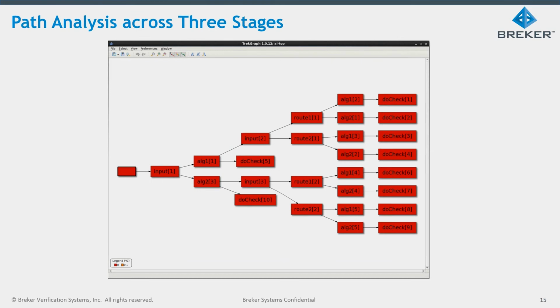Finally, from there, we want to start talking about coverage analysis and closure, right? So one thing that these planning algorithms are really good at is to take that recursive model and unroll it, right? So in this case, you've unrolled it across 3 stages and said, okay, here are the possible paths I know, right? I can just do a 1-stage check, or I can have a check come from an algorithm that is routed from something else that's a direct input, or I can do 3 stages of algorithm routing to another algorithm, and so on. Okay.